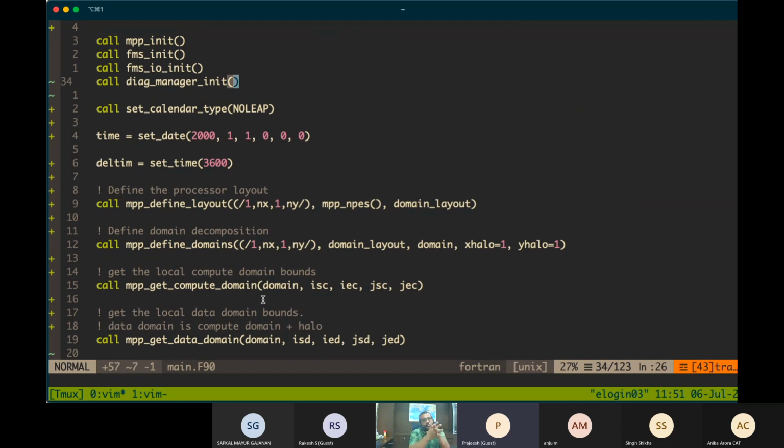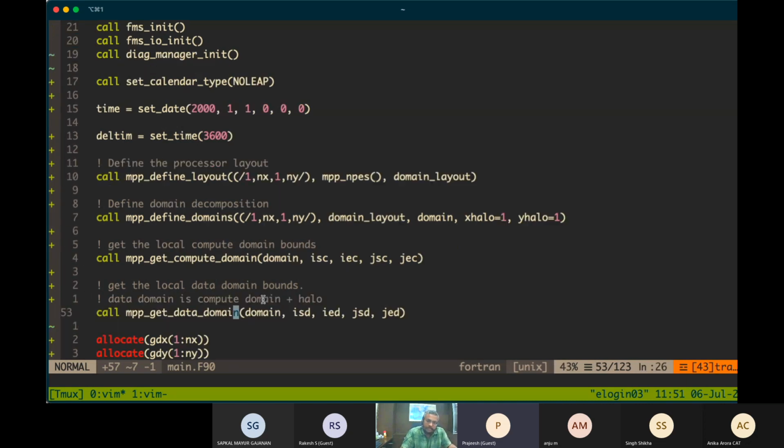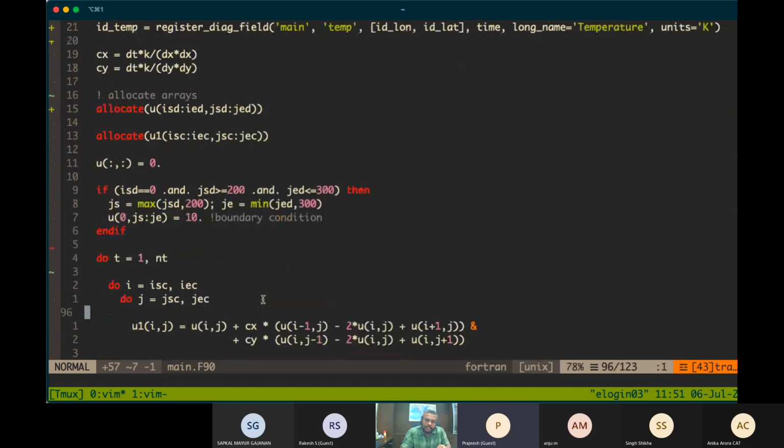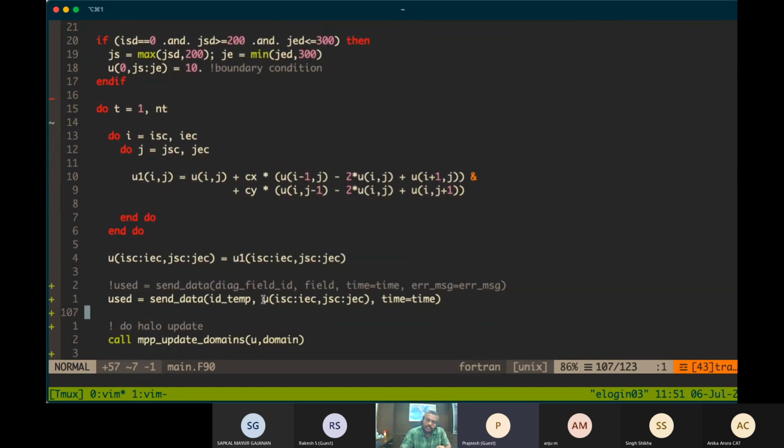It reads all the information and keeps it inside, and when you call send data, according to the information which was read from there, it will do all the processes.